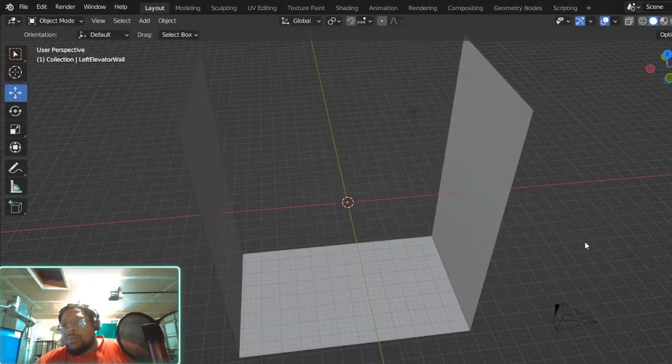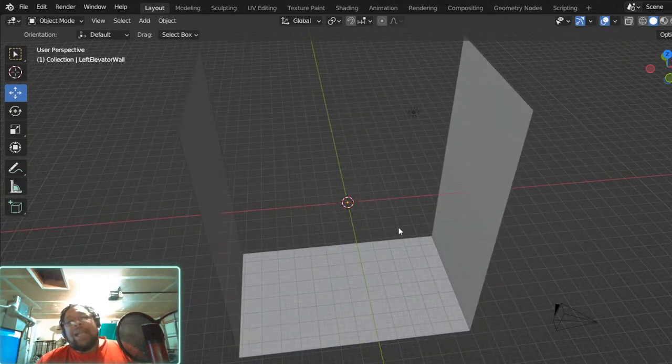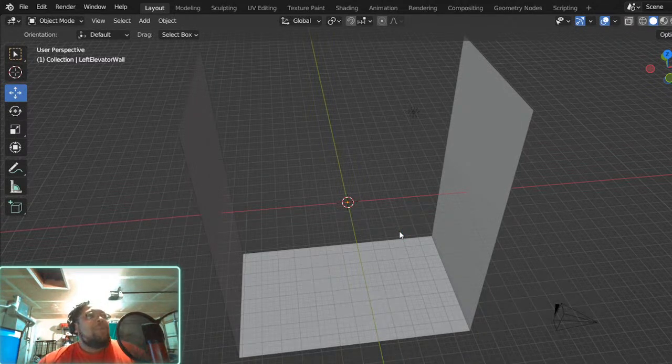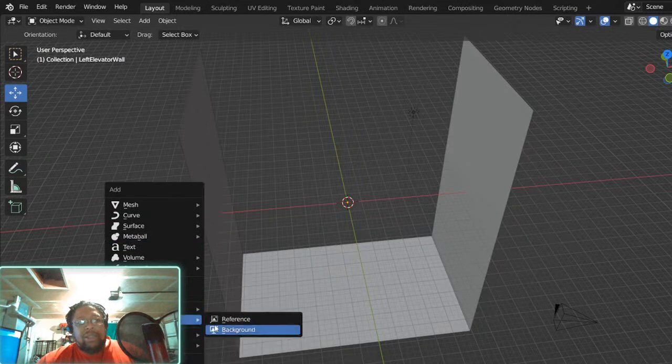So let's bring in some references at this point. Now I'm not going to model exactly these references, but they remind me of some of the things that go into an elevator. We all know what elevators look like. We've been in them all our lives, but sometimes you look at the general picture and you don't really focus on the details, because you're just trying to get where you're going. So I like to remind myself of the little things in the elevator that I might forget about. So I'm going to bring in a few references. Go here to Image, Reference.